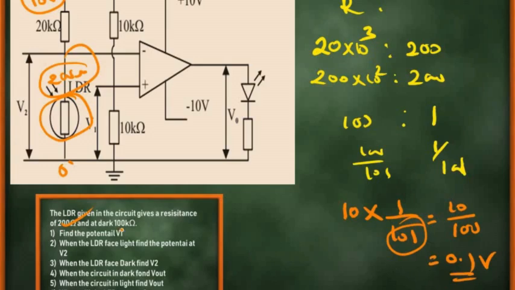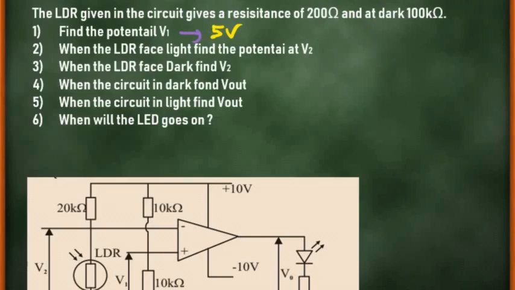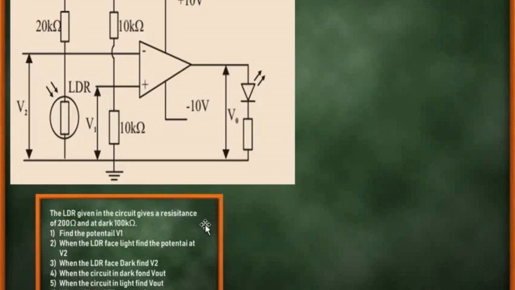So the potential at V2, I'm getting 0.1 volt at light. So I'm updating my answer, 0.1 volt at light. And when the LDR phase dark, now it's the third question. When the LDR phase dark, when it's dark, the LDR will give a resistance of 100 kilo